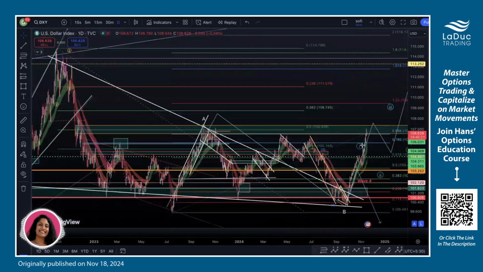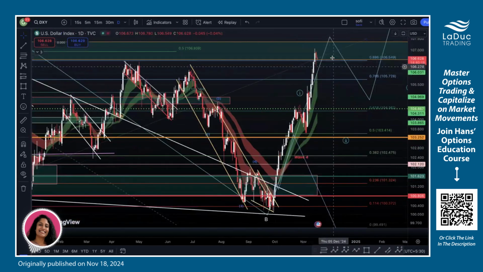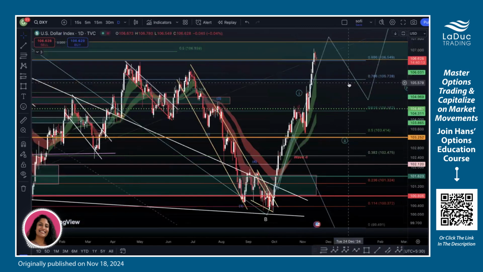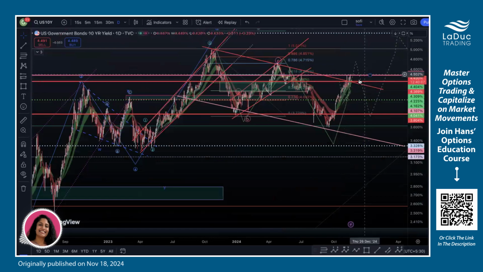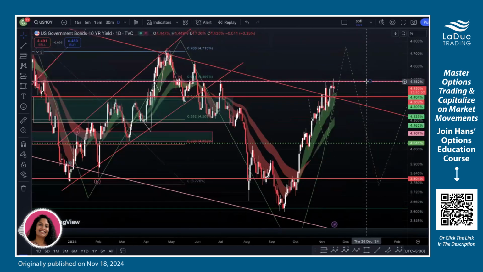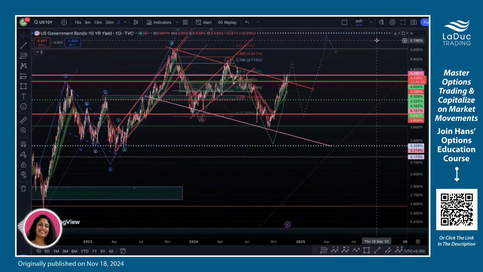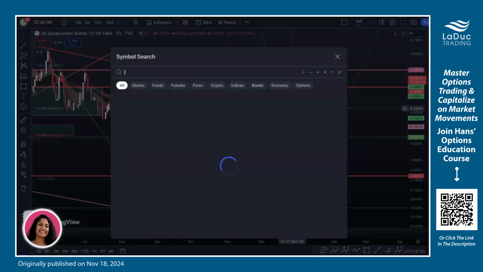Again, the dollar is against the weekly level of resistance here. So if the dollar gets rejected here, it could give a little bit of relief for the market. And even the 10-year, you can see it's trying to break out, but we haven't broken out yet. So let's see, this 4.48 is the resistance level. If that breaks, we're very likely going to have an explosive move. However, you can see it's struggling to get above,